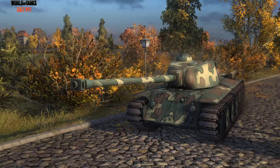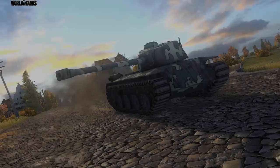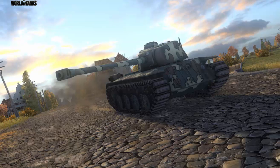Anyway guys, this was my take on the FCM 50T. To me it is one of the best premiums money can buy, even though it is not cheap, but if you have the money, go for it. You won't regret the decision. It is certainly more fun to play than something like an